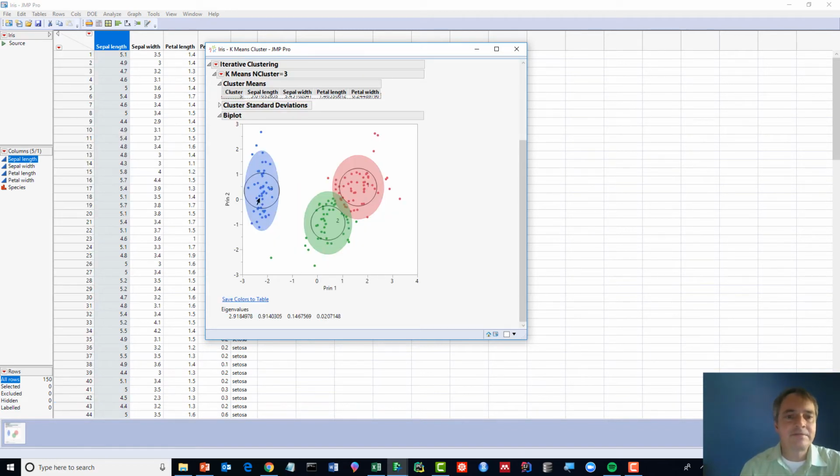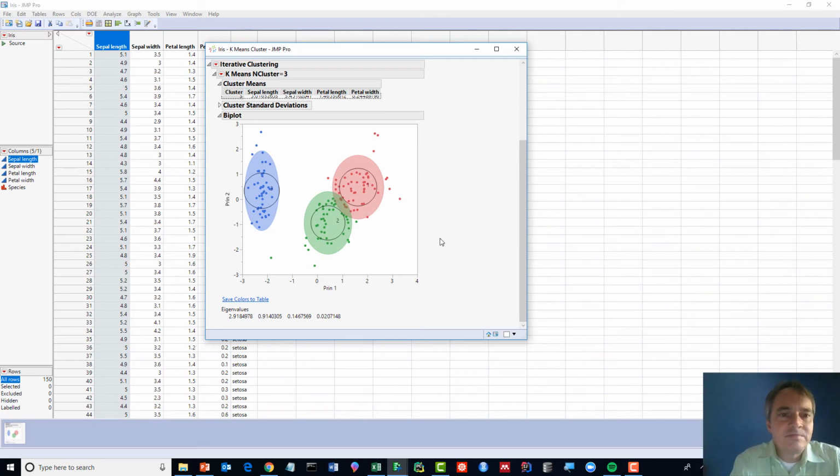It found, these are principal components. Don't worry about what those are, but basically, combined attributes. And it found out that, okay, these all have similar measurements. These all have similar measurements, and these all have similar measurements. And as it turns out, these are one of the 3 species. These are one of the 3 species. And these are one of the 3 species. Okay. So again, this is